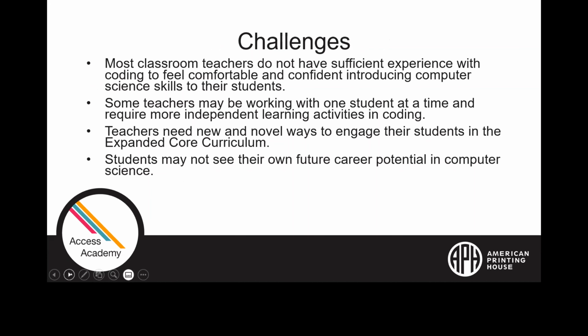If that's the case, we're going to help you understand how you can do that. Teachers need new and novel ways to engage their students in the expanded core curriculum. And students may not see their own future career potential in computer science. Again, very important for them, even if they don't end up in the field, to feel like they can do it and they're not held back because of blindness or disability.